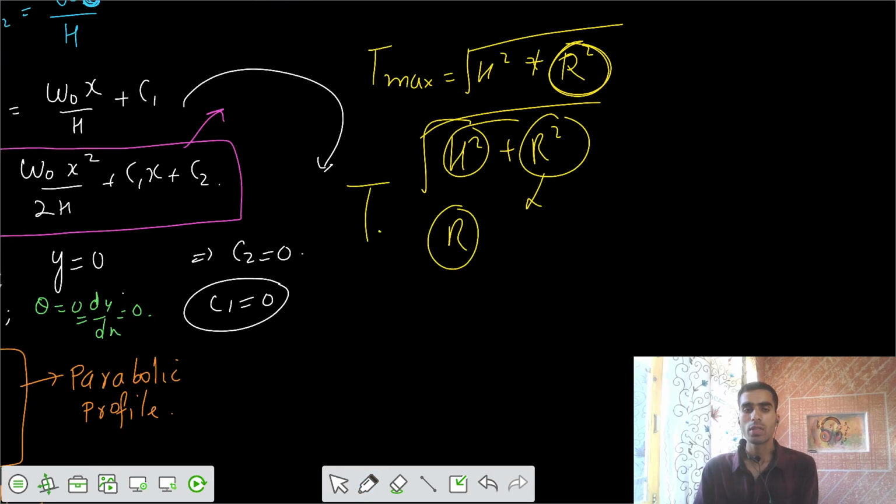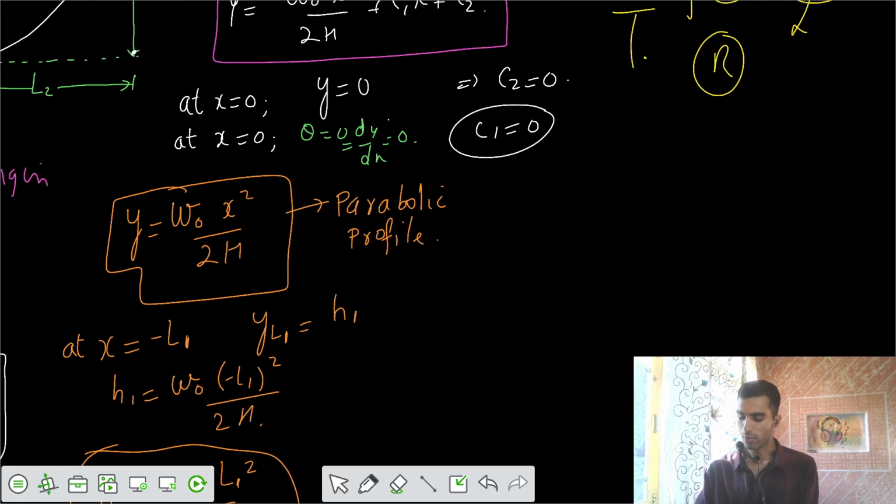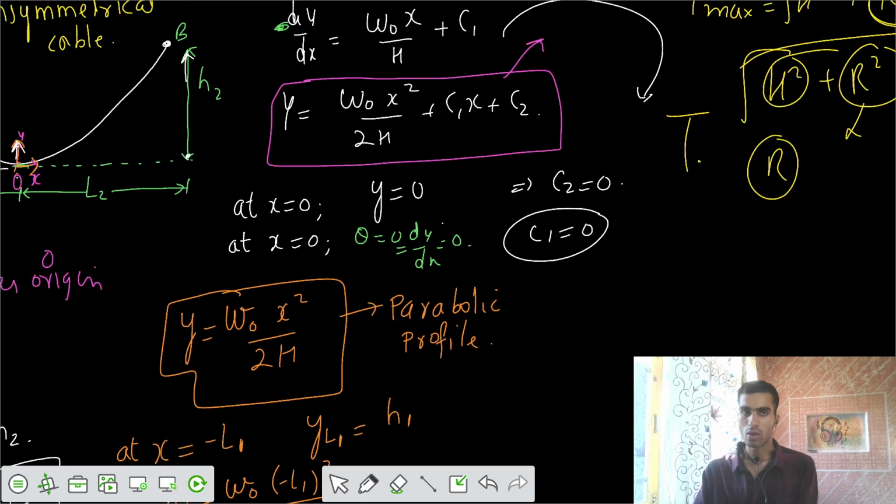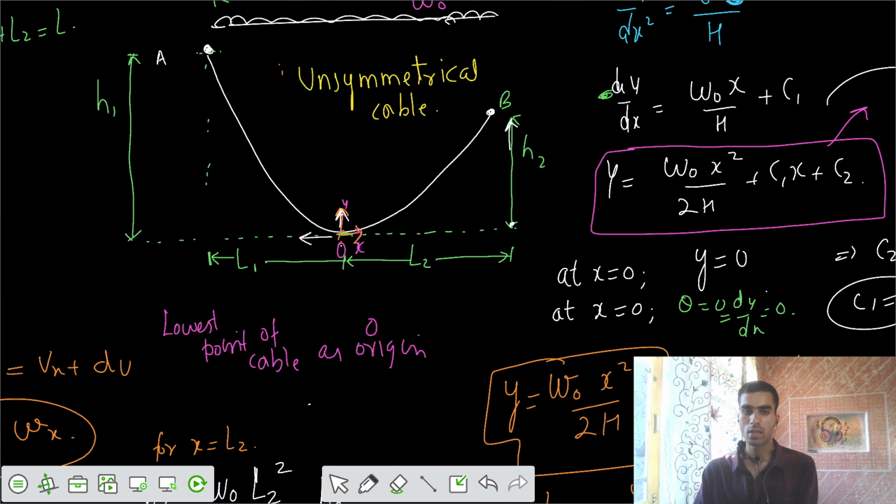So one more thing is that we have, can you get the value of L1 and can you get the value of this? What should be this value? Where is the lowest point of the, what